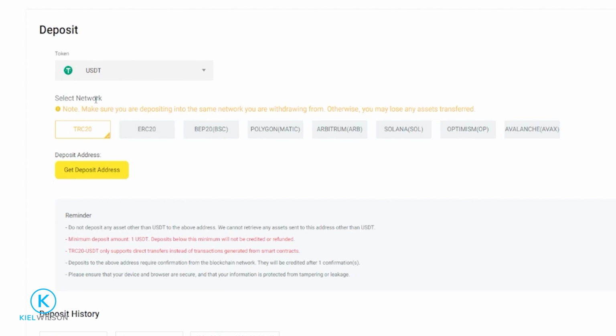You'll see all the available networks down below, so choose a network that works for you. Some are faster and less in fees than others. Just make sure to match the networks on both sides. So wherever you're sending the crypto from, make sure you match that network to the network that you select here on the